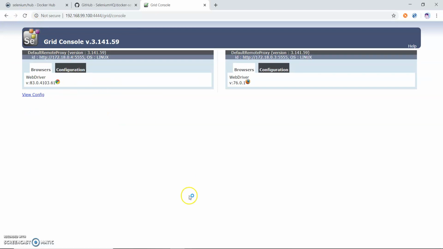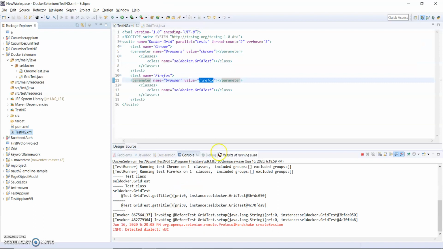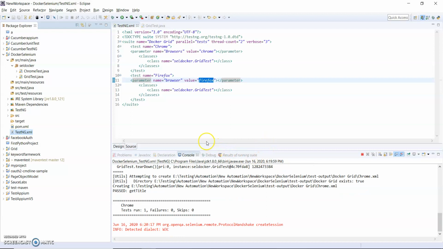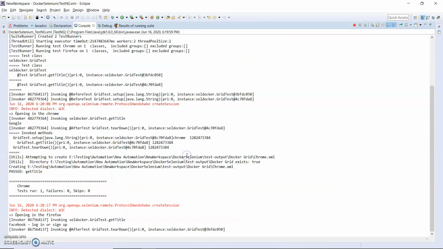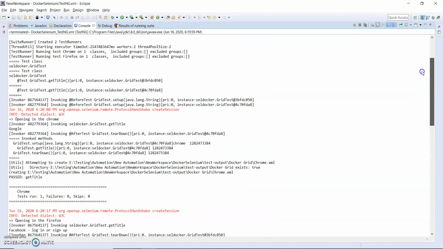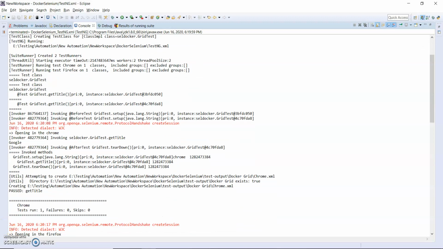Now I have run this test script, and it has run successfully. One test has passed, and it is taking another test, and it will take some time to pass. You can see there is a title, and this has passed.